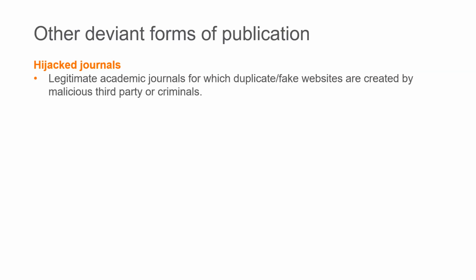So they basically completely duplicate the journal. It looks exactly the same, but it goes to a different website and they publish it on a different website, right? This is a hijack, where they use the same name and everything of the journal,